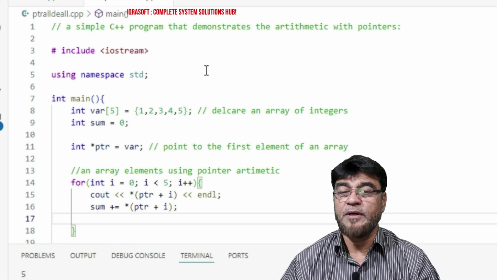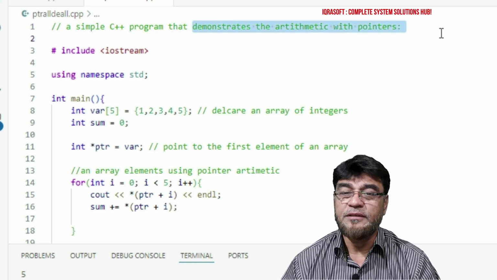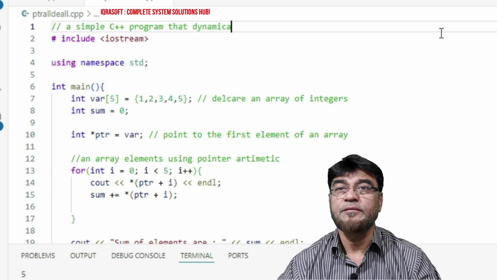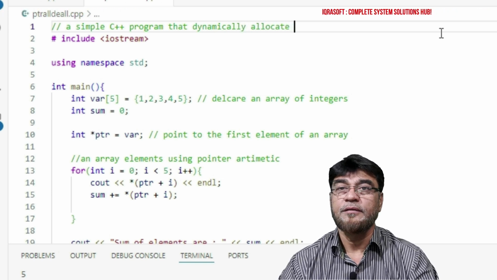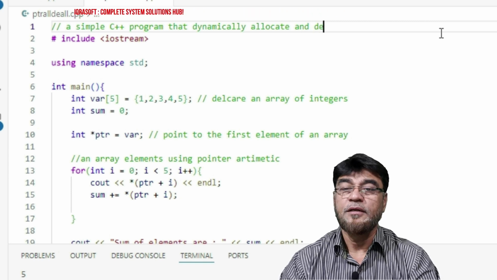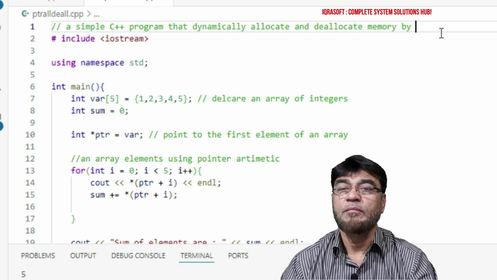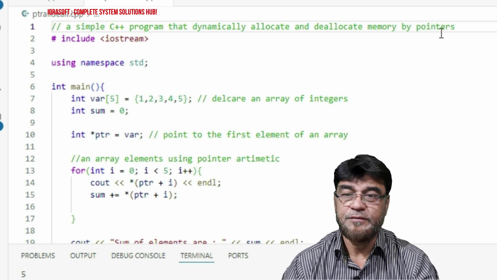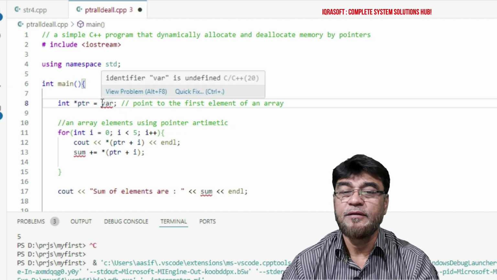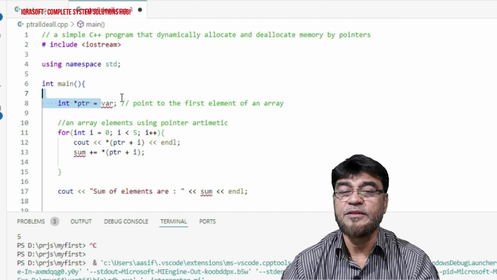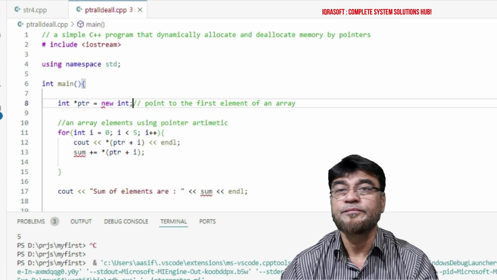A simple C++ program that demonstrates dynamic allocation, dynamically allocating and deallocating memory by pointers. For that, we have to declare here int pointer is equal to new int semicolon,